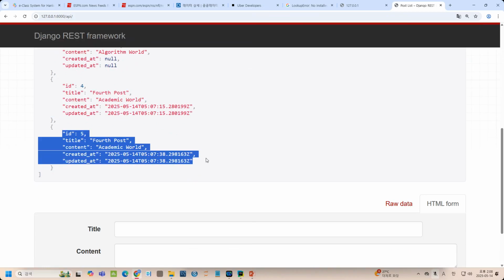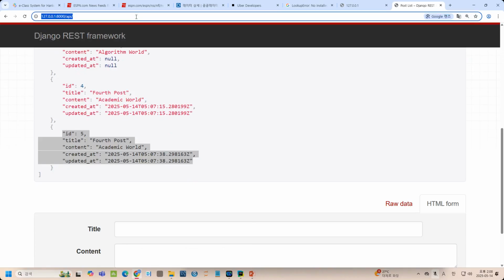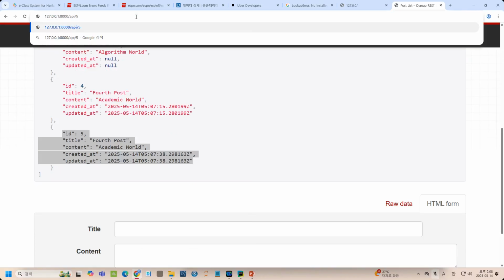So it means using this web page, I can do directly the communication with the database. So I don't need the backend. I don't need the SQL. You can just use the REST API. So let's say I want to connect to the ID number 5. Okay. So if I connect to ID number 5,